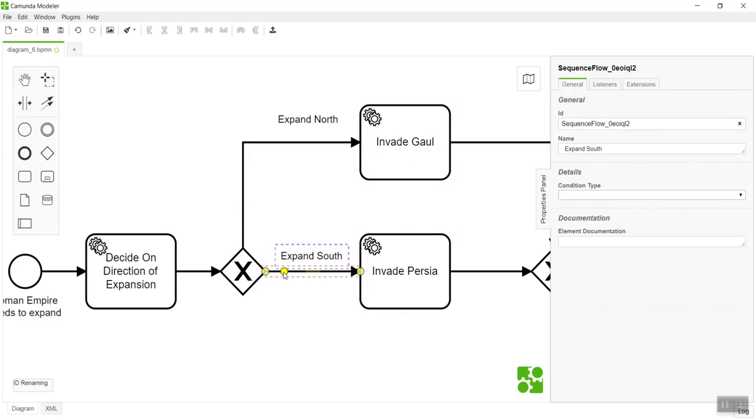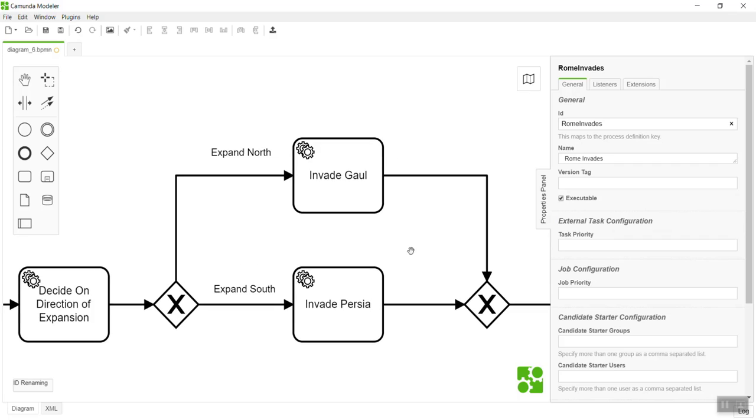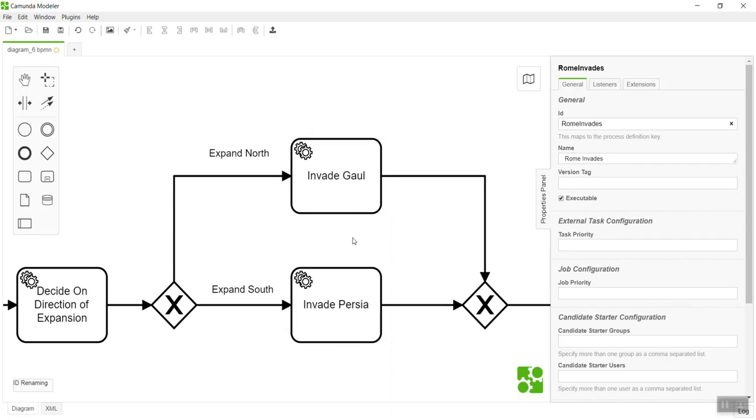And if I go down to the south branch, I can then say expression hash, open curly bracket, not north, close curly bracket. This means that if that same variable north is false, then we'll go and invade Persia. Okay, so then we actually need to give the execution semantics to these two systems as well.